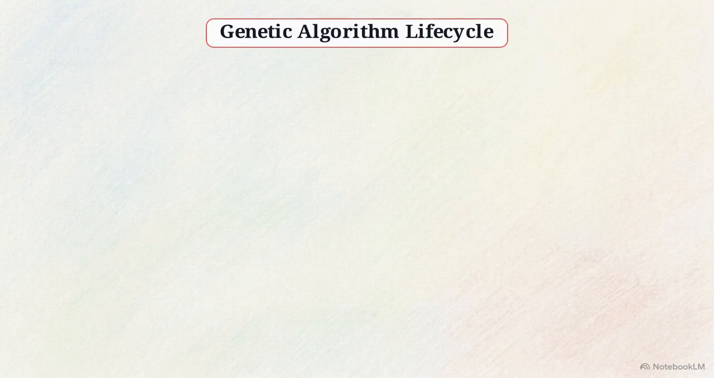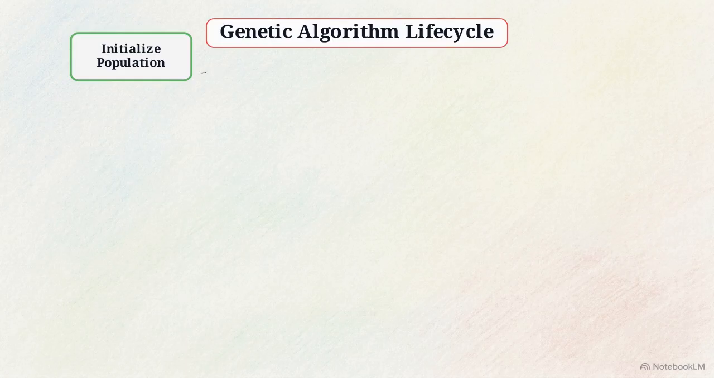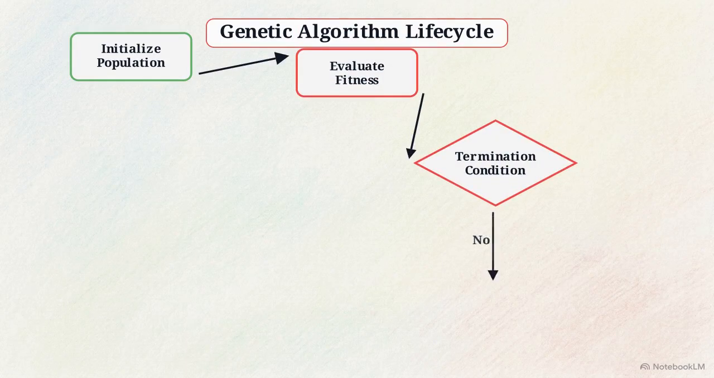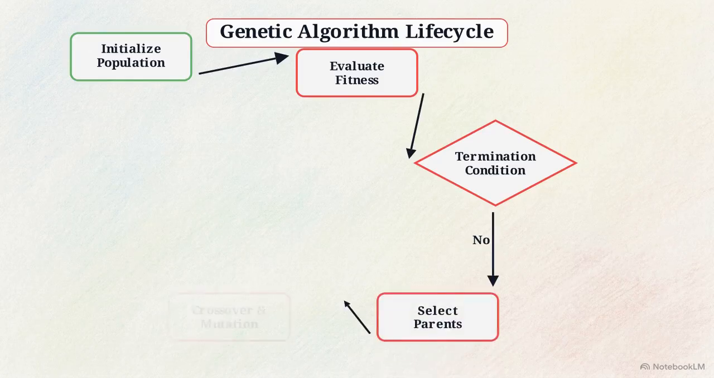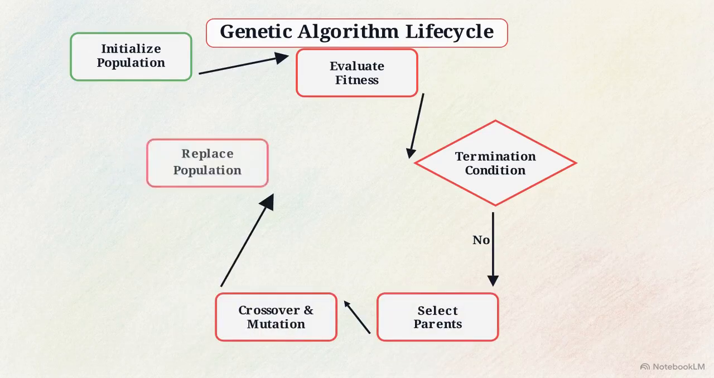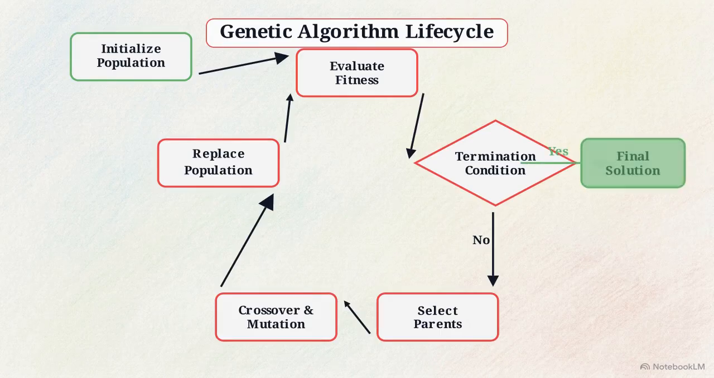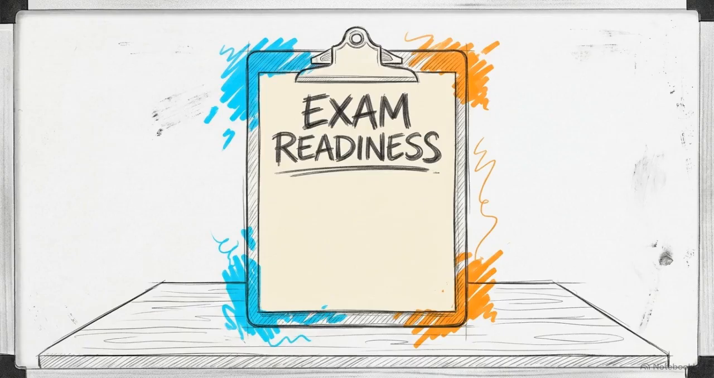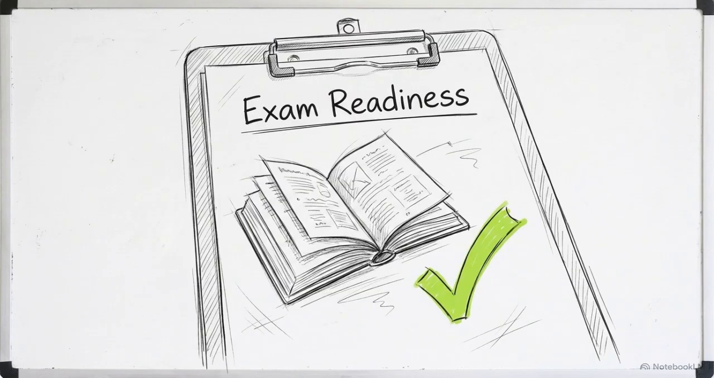Every genetic algorithm follows this exact loop. You randomly initialize the population, evaluate their fitness, and check if you've hit the termination condition. If not, you select the best parents, apply crossover and mutation, replace the old population, and repeat until you hit the maximum value. For your exam, make sure you can hit these 5 key areas: define a genetic algorithm, explain